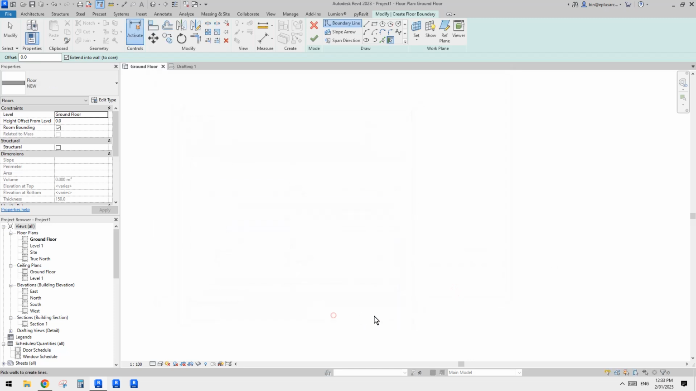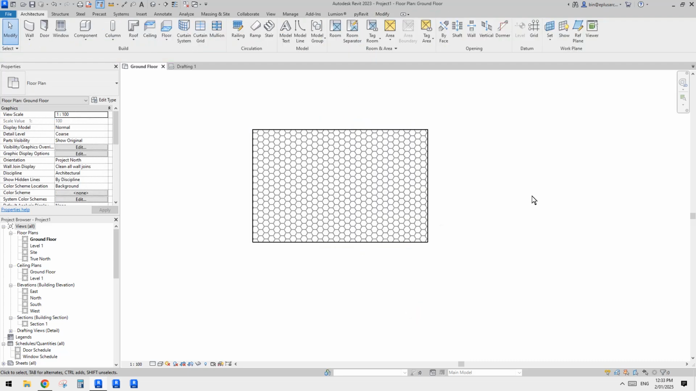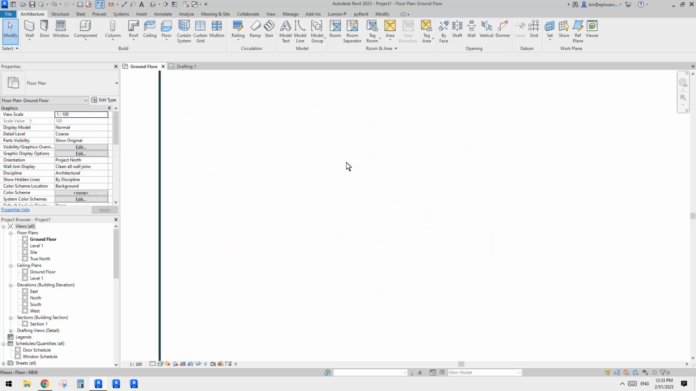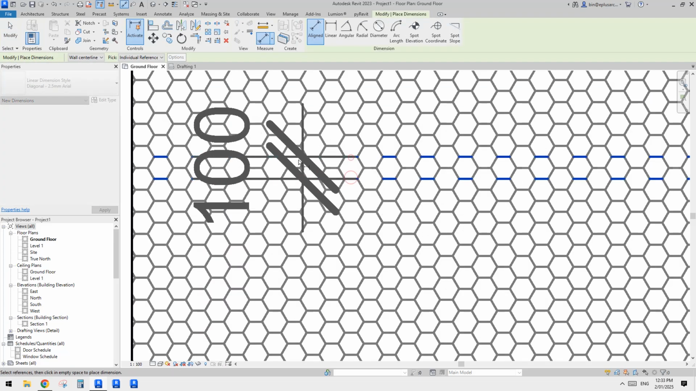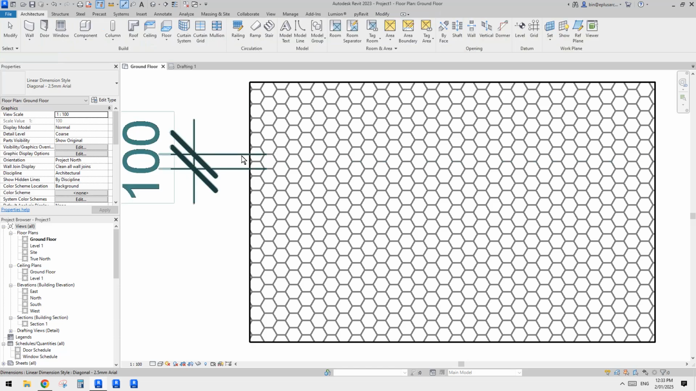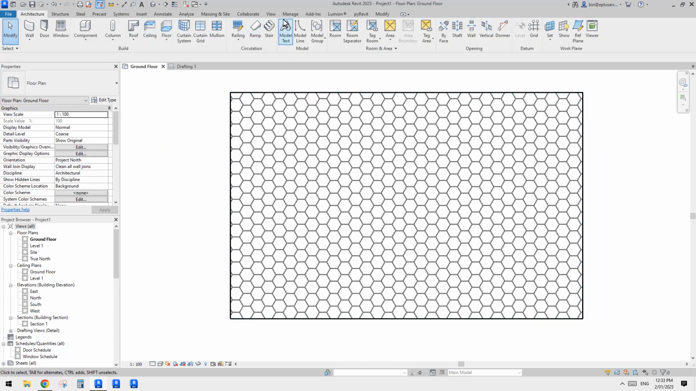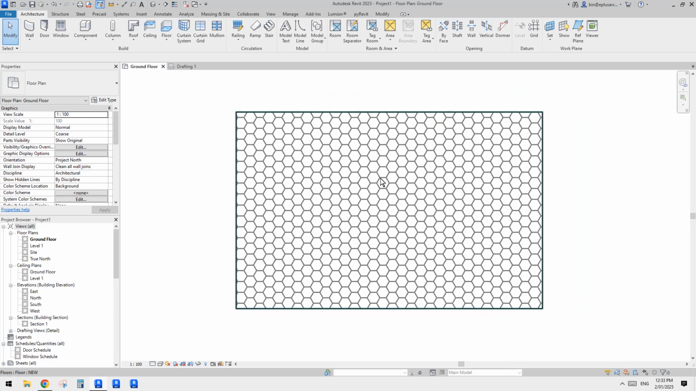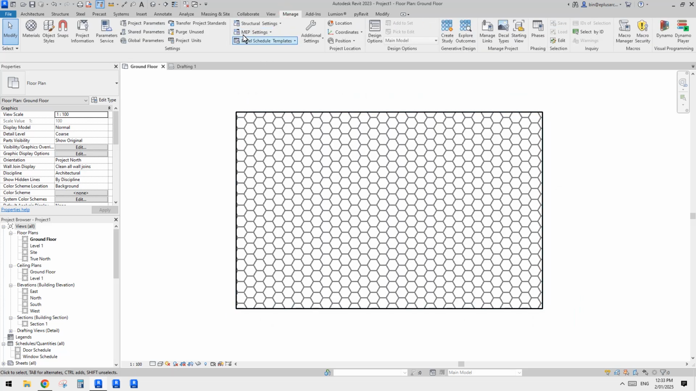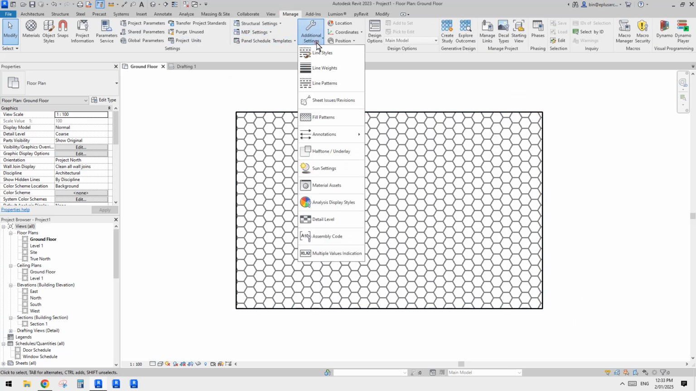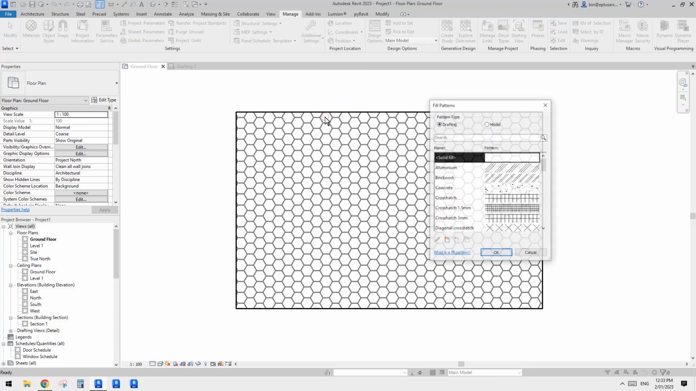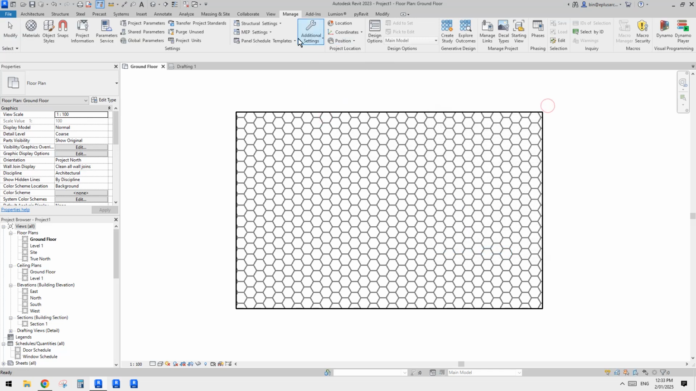Okay, and now we just draw something, a floor, right? So finish. Now we have this. And also if you dimension them, the pattern will be 100 because we made it 100. So now if you want to create another one with 200, you just need to go here, go to additional fill pattern. Oh, hang on, sorry, not fill pattern. It should be material, and it will be